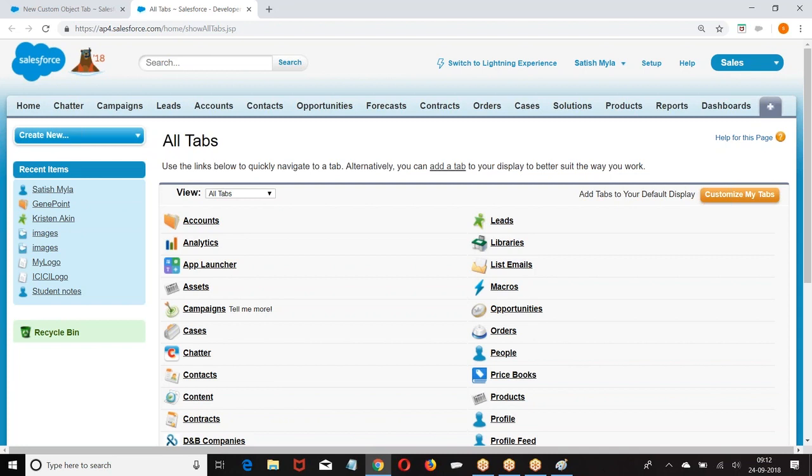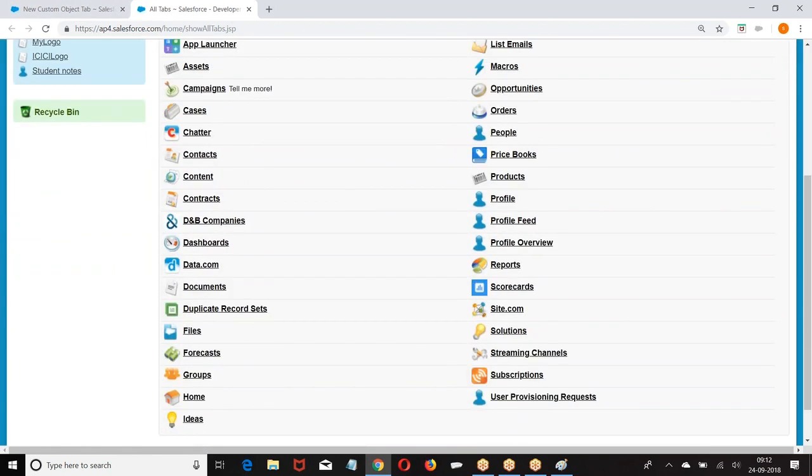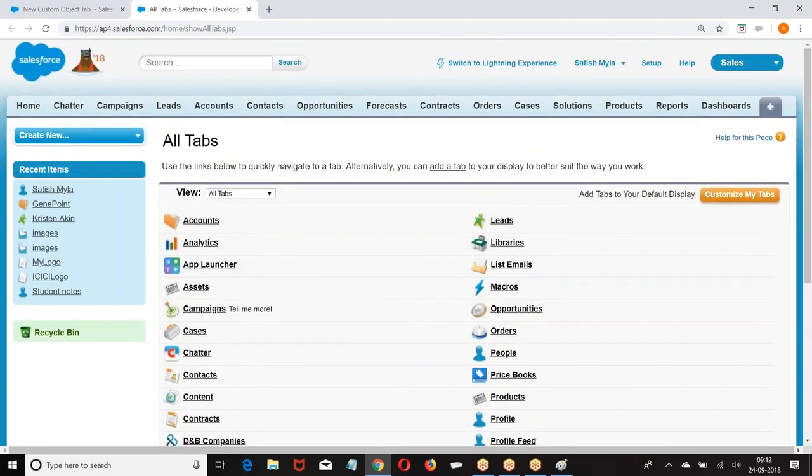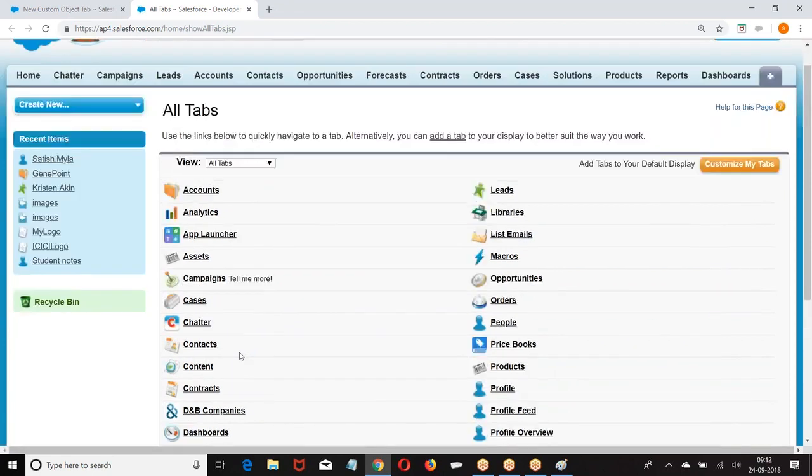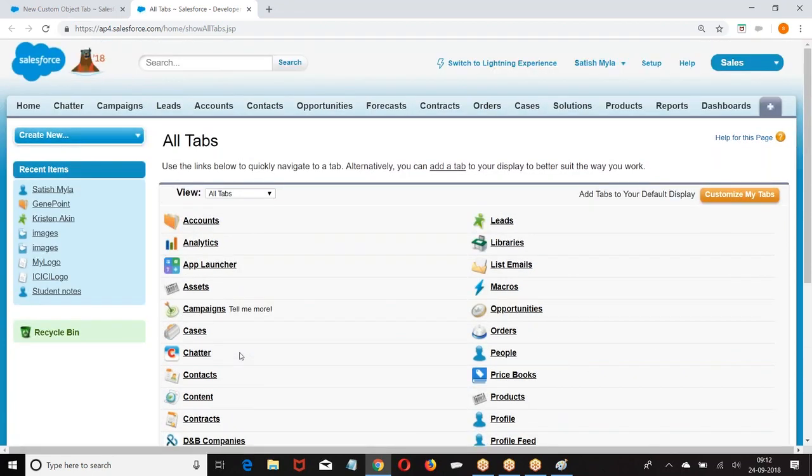Does it mean only these tabs are available? No, many other tabs are also there. When you say default off, you can see it, but not on the panel. What should I do? Click on the plus sign. It will show you a list of tabs. When you say default on, the tab is visible here on the top. Default off means click on the plus sign, and you can see the tabs here. Tab hidden means you cannot see it.